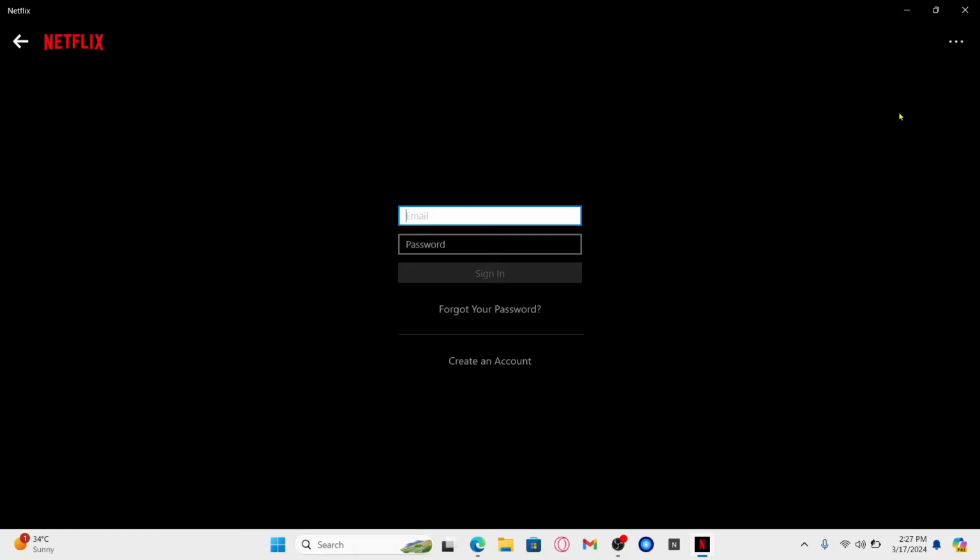Now, within the email address section, type in the email address that you have used while signing up for your account. And then in the password section, type in your account password. After typing in both of your credentials, click on the sign in button and you will be logged into your